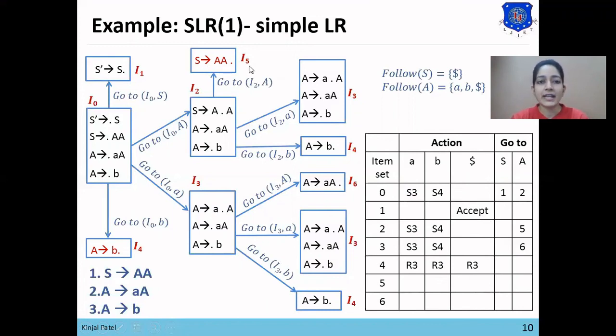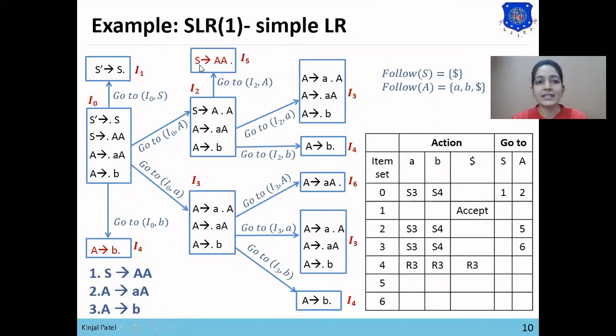Now the I5 set is also a final set, which is S derives A dot, where the dot is at the end of the right hand side. We'll check this statement: it is the first statement in the grammar, so an R1 entry will be made in the terminal symbol. Now in which terminal symbol?